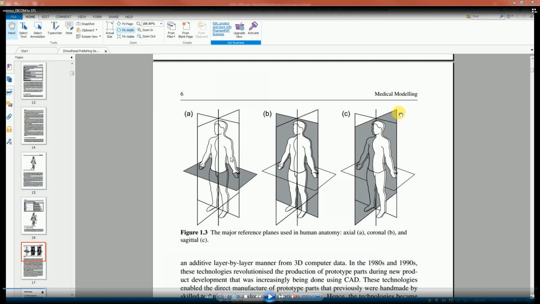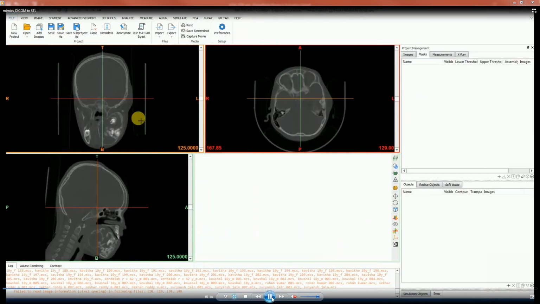The axial plane is perpendicular to the axis. This is the coronal plane, and this is sagittal. It divides the left and right portions. It will be in the middle. The sagittal one is the middle one. These are the three different planes. Now you can imagine, this is the sagittal plane, and this is front and back. So it is the coronal plane, and this is the axial plane.